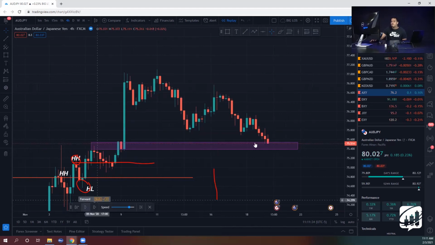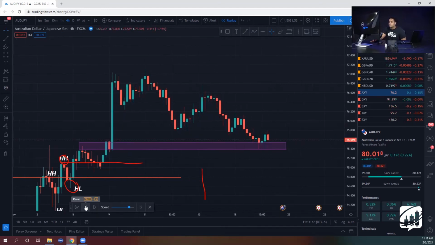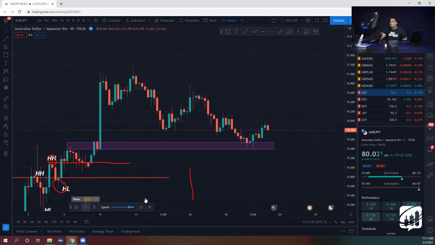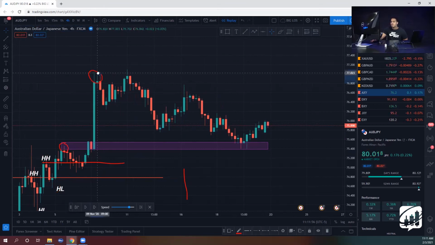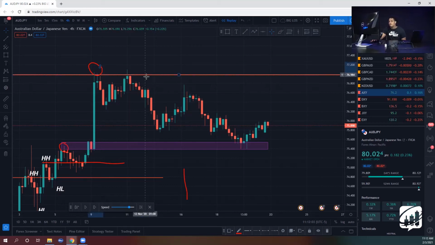Boom. Right now we're getting the retest. So now let's see where it goes. You got your retest. As you see, it retested off of the previous higher high over here. This was the previous higher high, and this was the newly formed higher high. As you see, it never broke. We put a horizontal line, it never broke our higher high. It came down to retest the previous higher high.